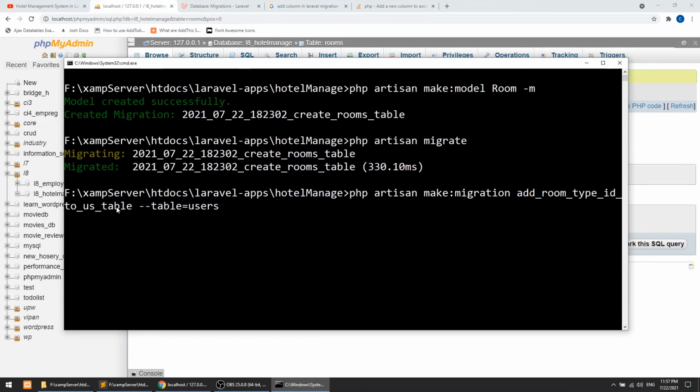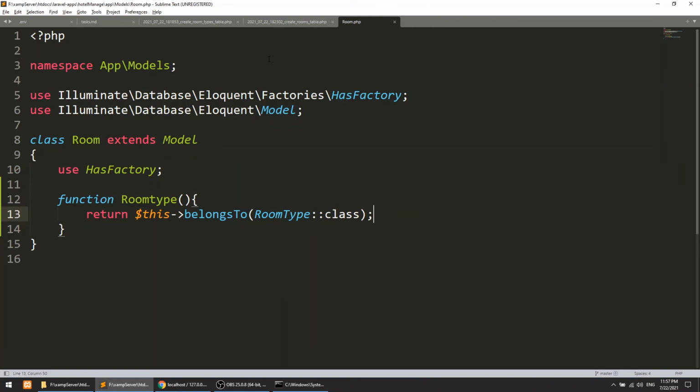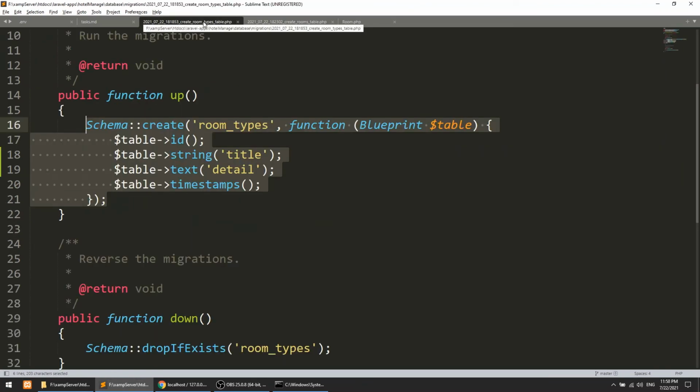The table name is not room types, it's only rooms. So let's see what this does. When I enter this, it will create the migration file.